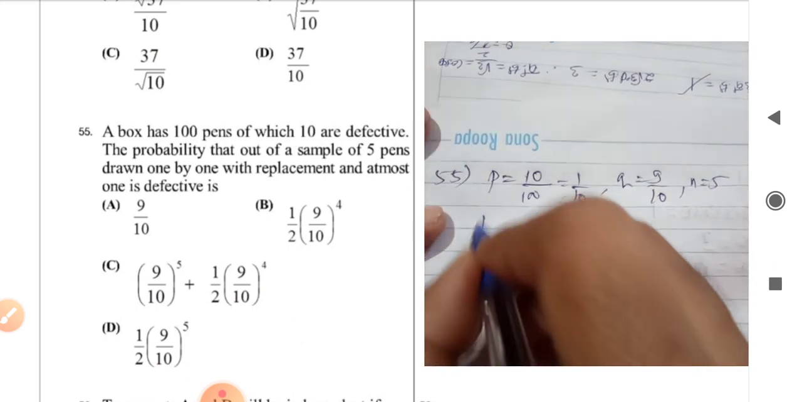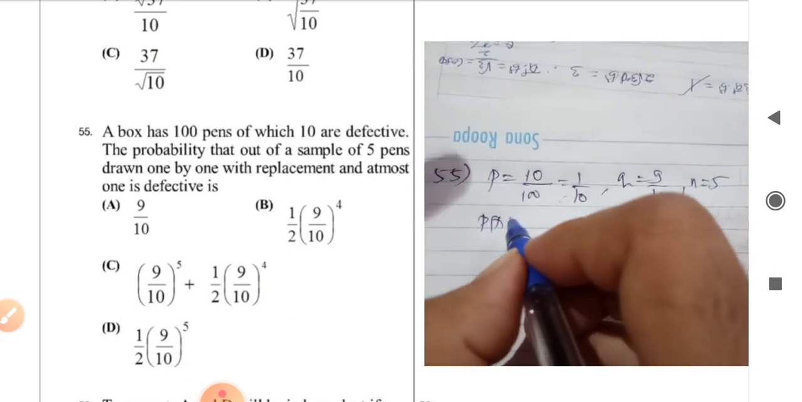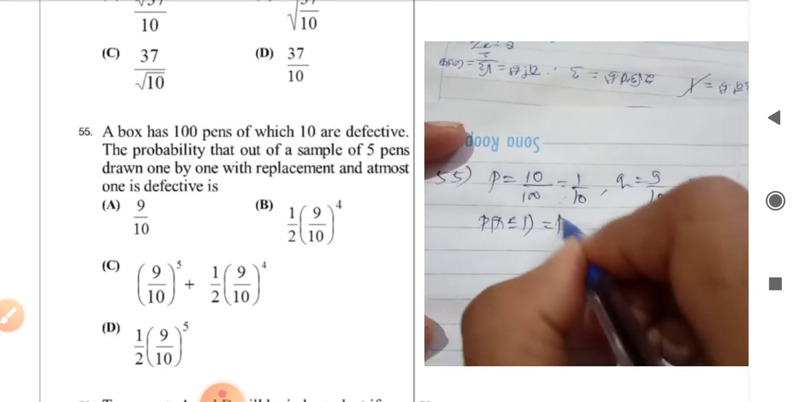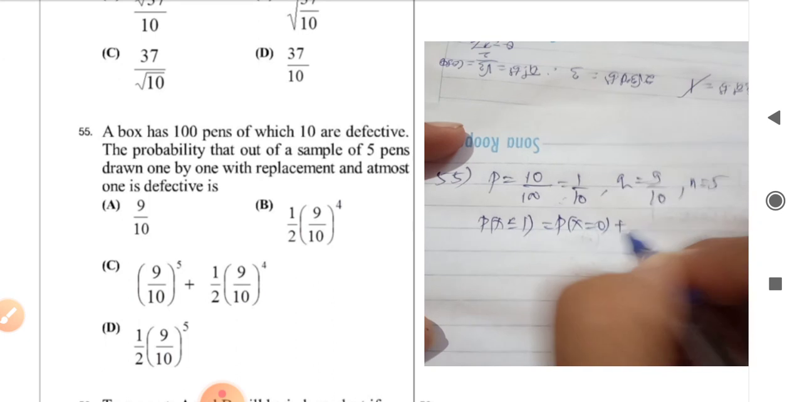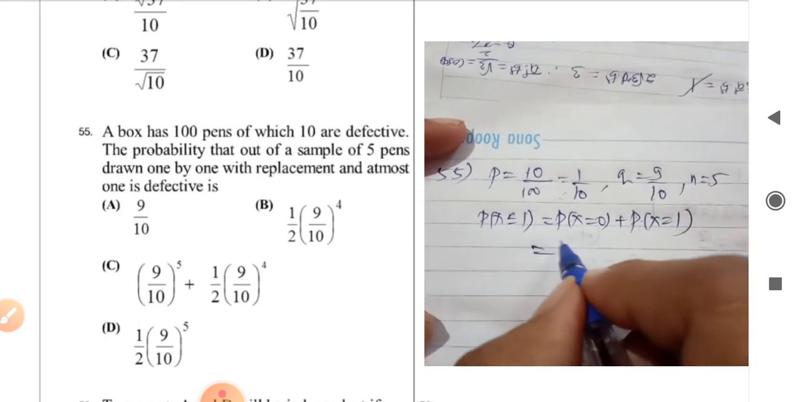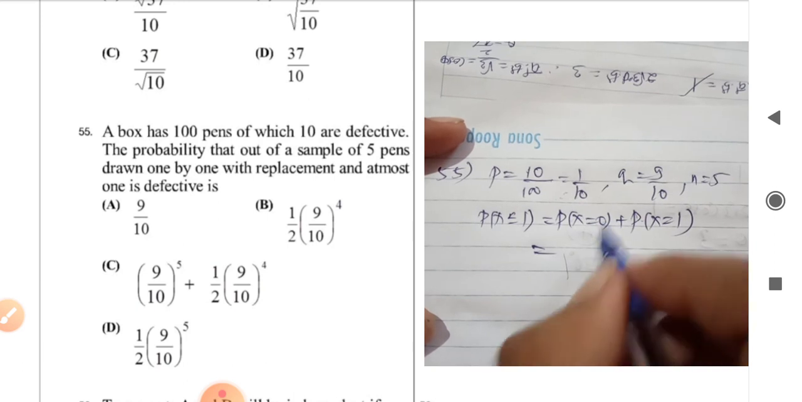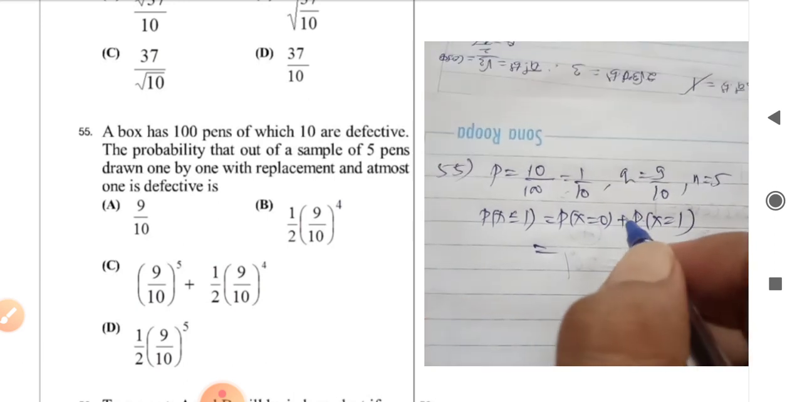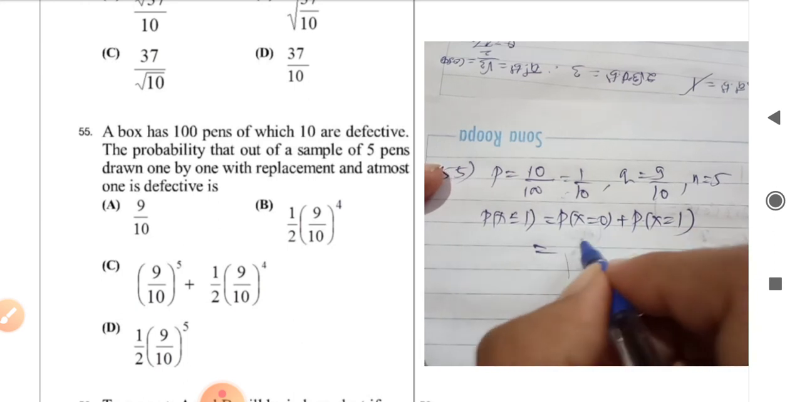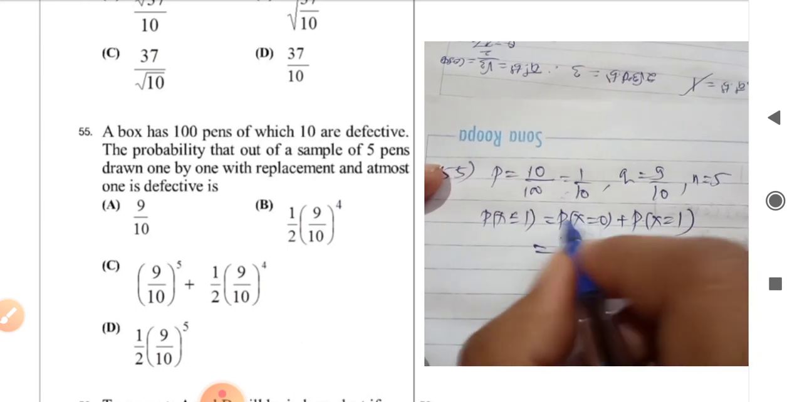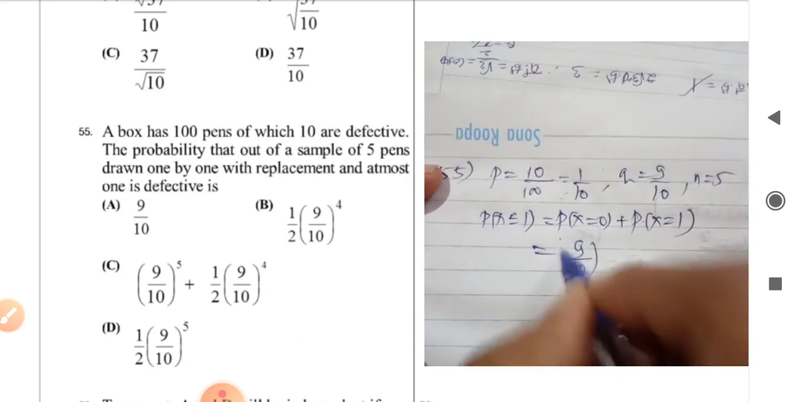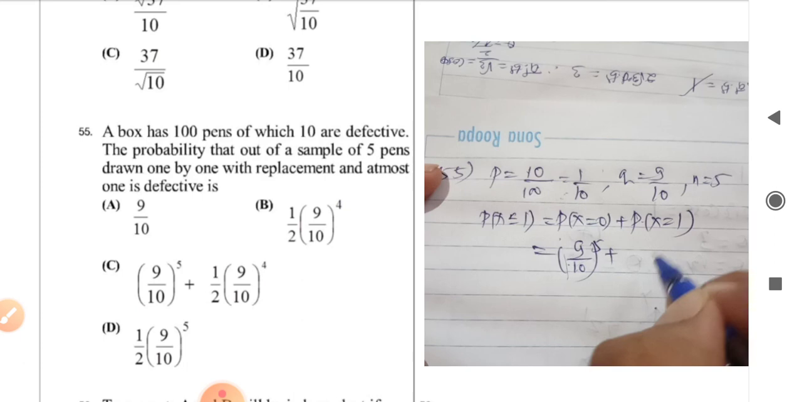So they are interested in the probability of at most one defective, means X is less than or equal to 1. So you can say probability of X is 0 plus probability of X is equal to 1. The formula is very simple: nCr, p raised to r into q raised to n minus r. So directly I will go with nC0 is 1, and 1 by 10 raised to 0 is 1. So 9 by 10 raised to 5 plus nC1, 5C1 is 5,